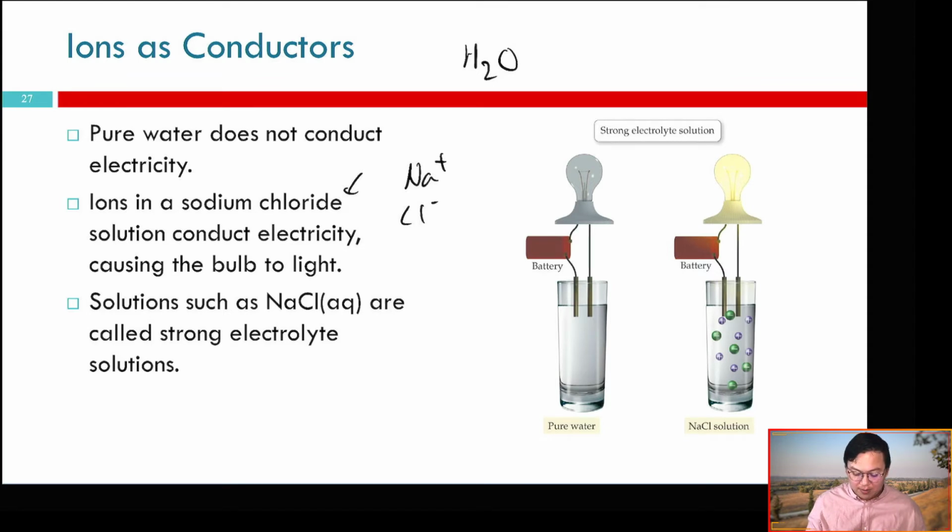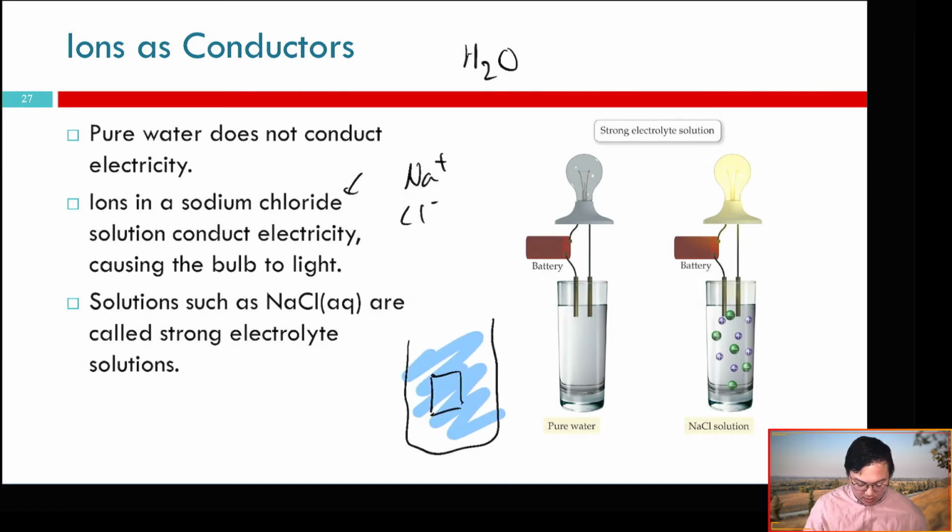And if you do it right, you can put a 9-volt battery into a cup of water, and at one of the terminals, you'll get oxygen formed, and at the other terminal, you'll get hydrogen formed. But the important thing to know here is that electrolytes can conduct electricity through